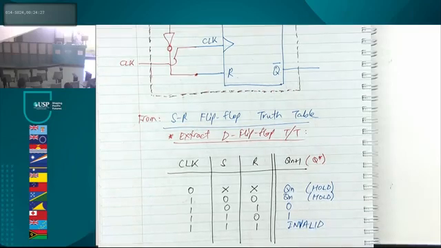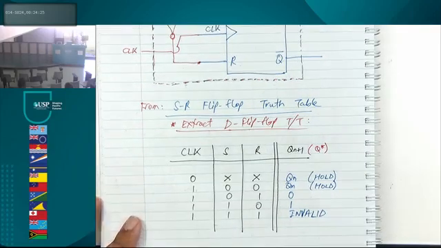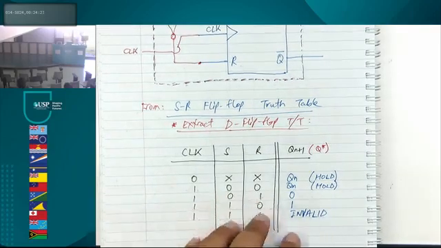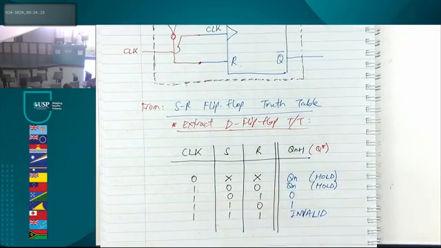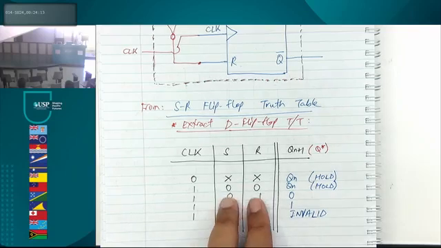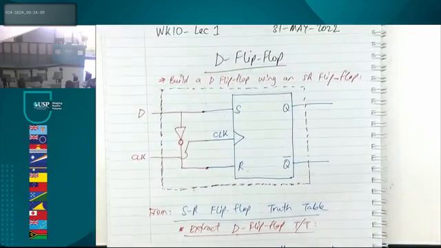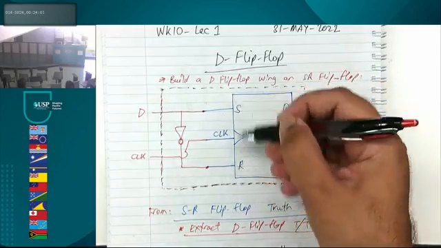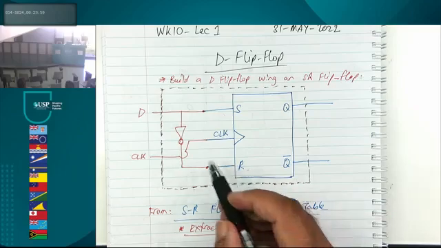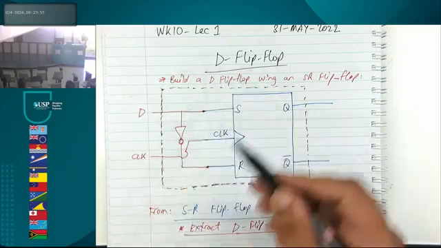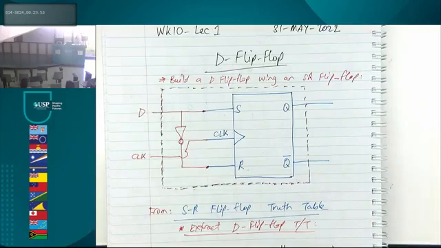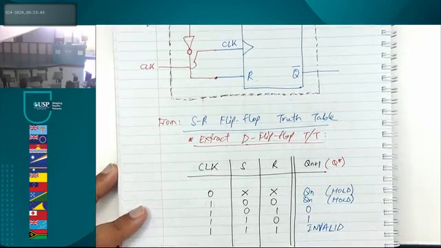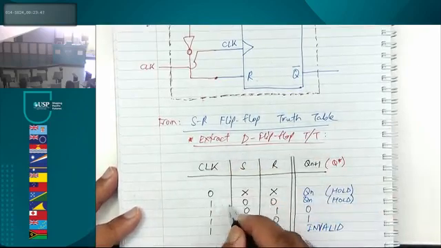All right, now have a look at this. This was our SR flip-flop truth table, the original truth table. We now realize: is line 2 ever possible? Line 2, can S and R, look at this circuit, in the D flip-flop, can S and R ever have the same bits? No, absolutely not. Because if D is always being fed, R and S will be complements of each other. So instantaneously we now know that for the D flip-flop, this line